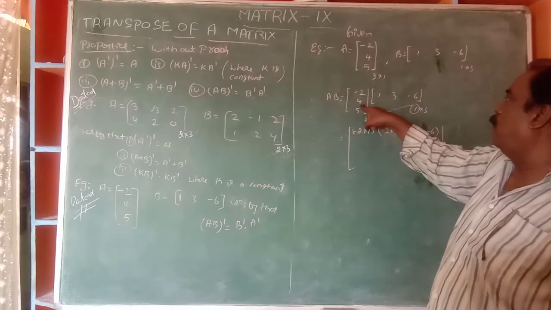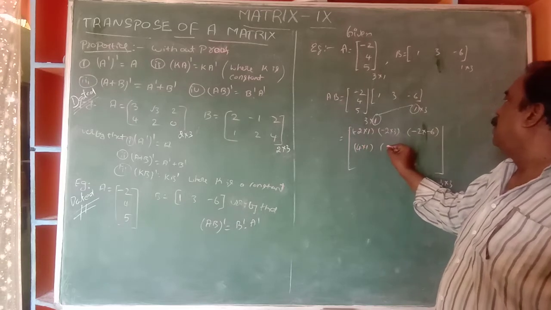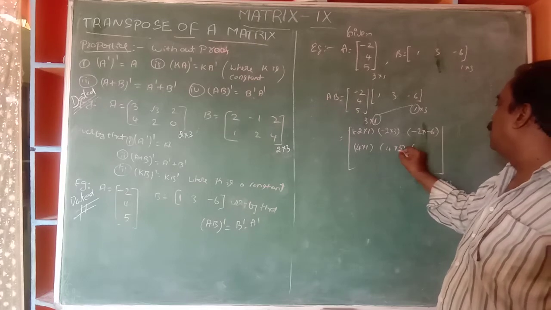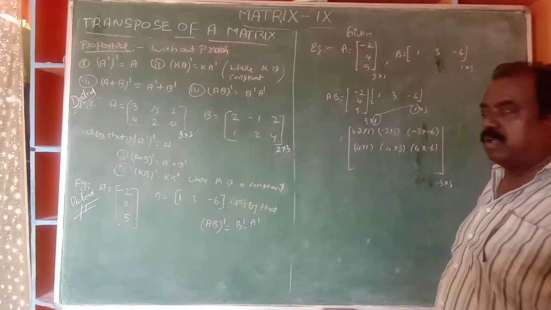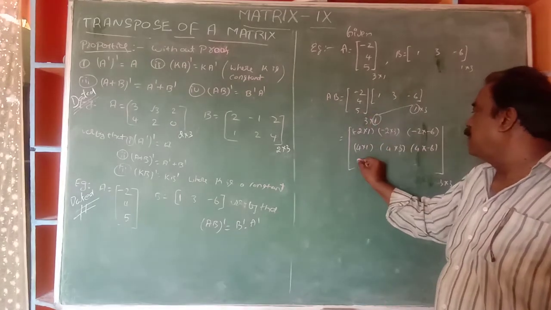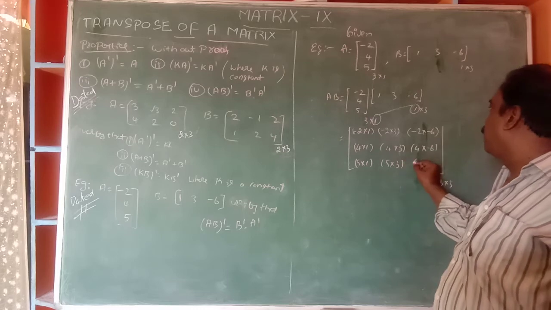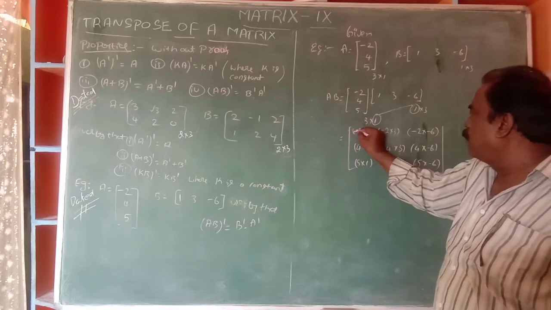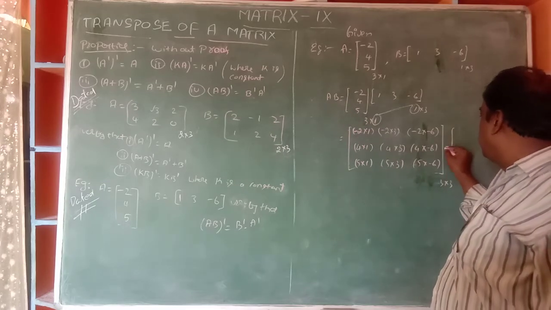Next, second row, first column. 4 into 1, 4 into 3, 4 into -6. Next, 5 into 1, 5 into 3, 5 into -6. Okay? So this is nothing but